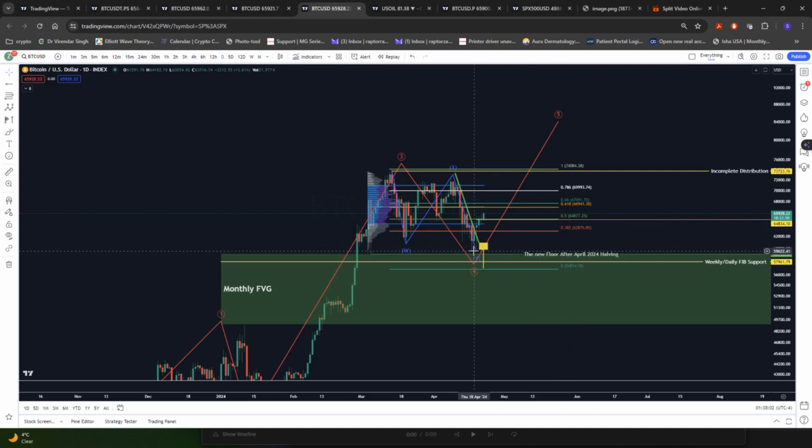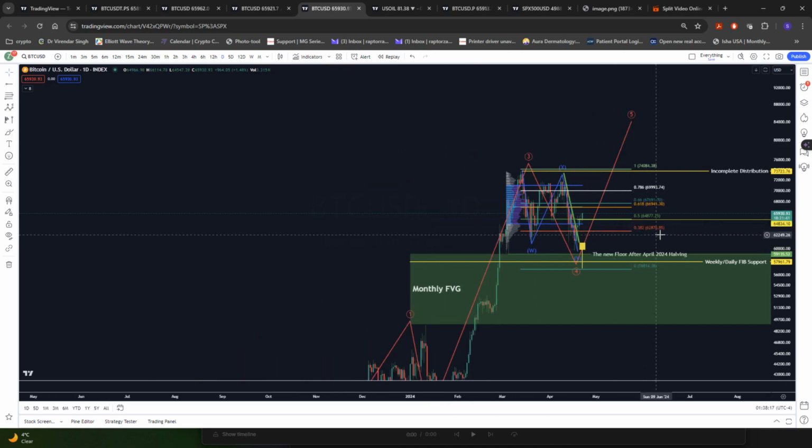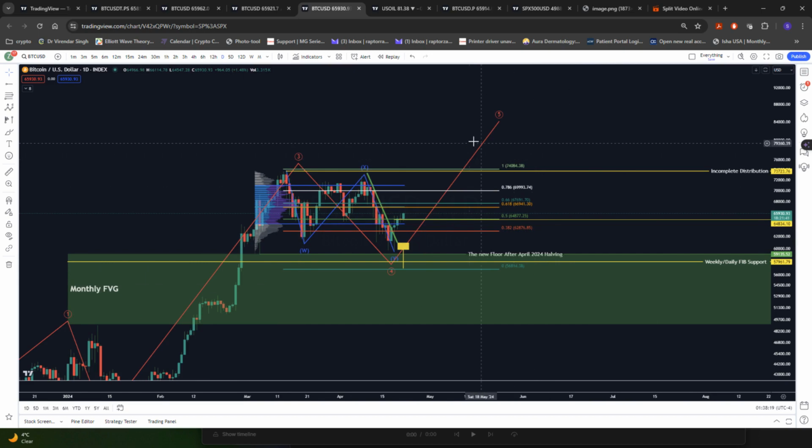Okay, so this is how I'm looking at this in terms of Elliott wave analysis. Now let's change gear and look at it in terms of Wyckoff, a little bit of Wyckoff analysis. I mean, that's what I use mostly for my trading. So if you look at this lower range over here,